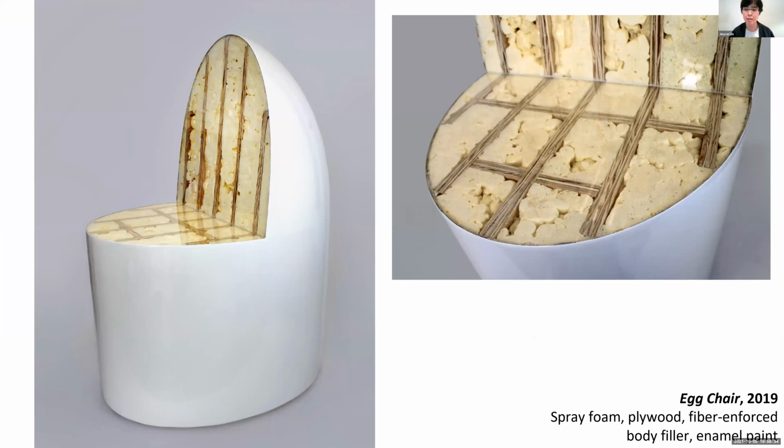So then this piece I also made during my residency at the Craft Center. This is titled Egg Chair. And with this one, I was starting to think about cross sections. I've always been sort of inspired by cross section diagrams, like what you'd see in a science textbook. So it's kind of literally a form that is cut, the seat and the back, so you have the innards